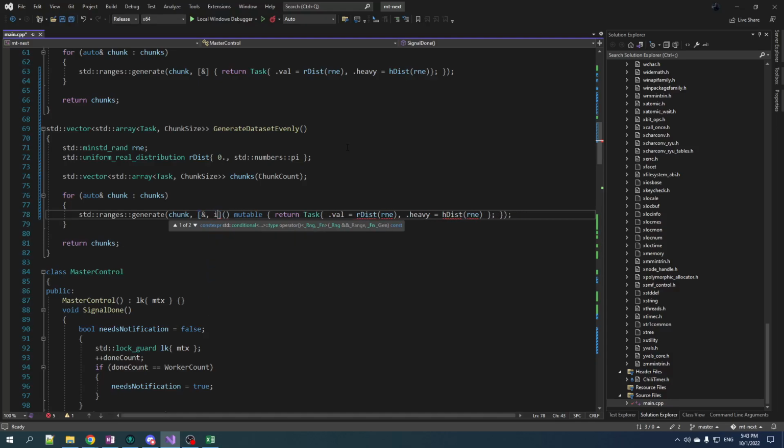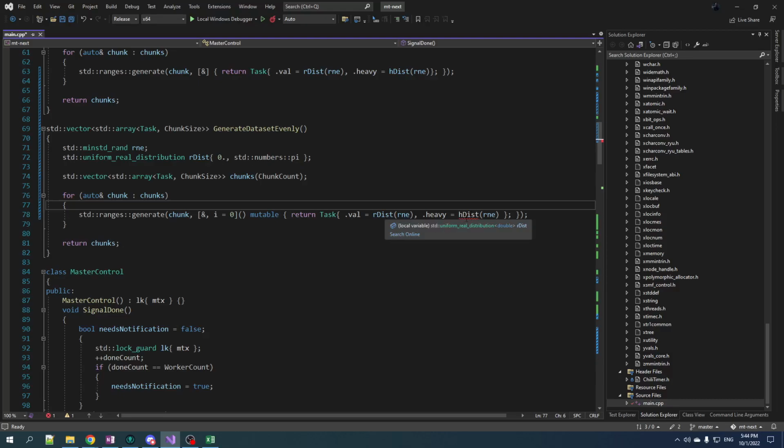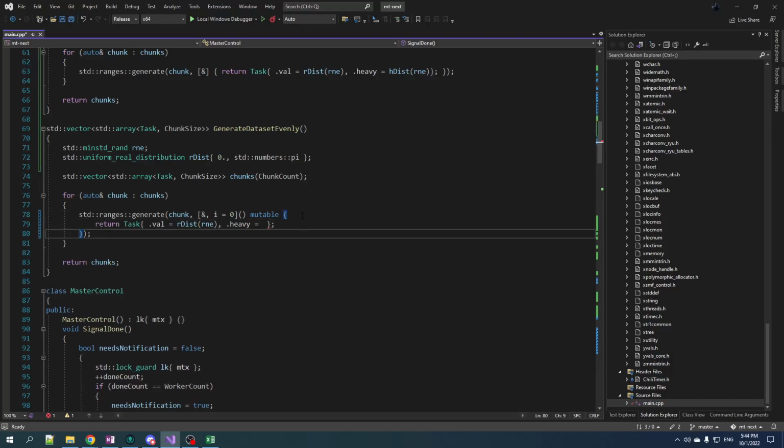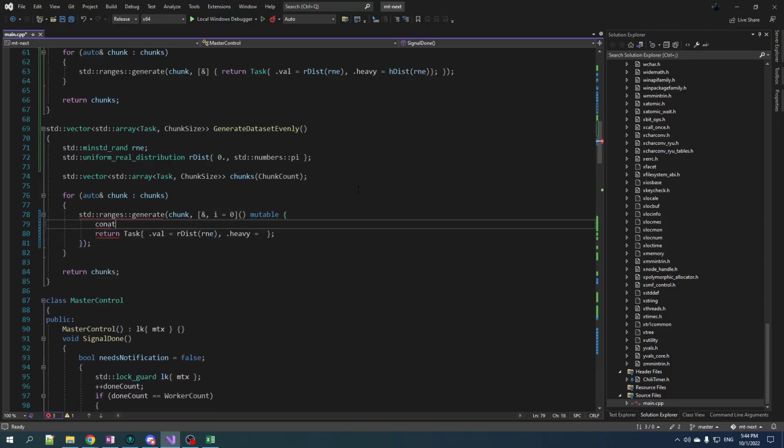I'll just do I is equal to 0. Mutable. Yeah, okay. Our distribution. So heavy is equal to... that's not how you do that. Const auto is heavy is equal to... what's your problem? Whatever, we'll figure it out. Is equal to